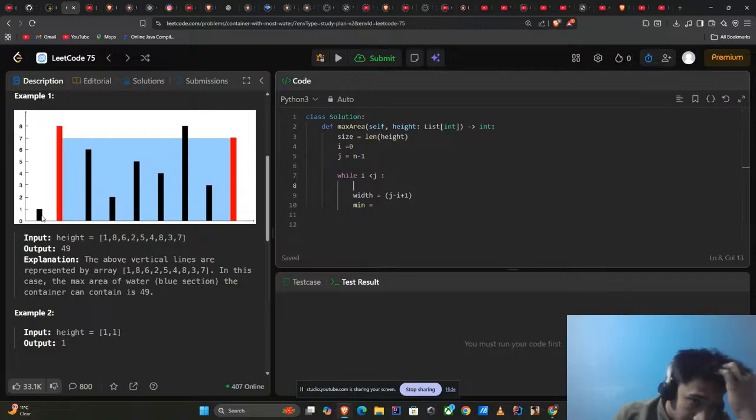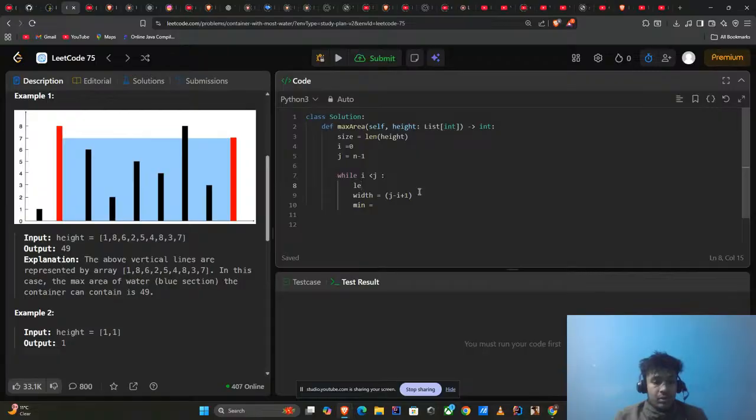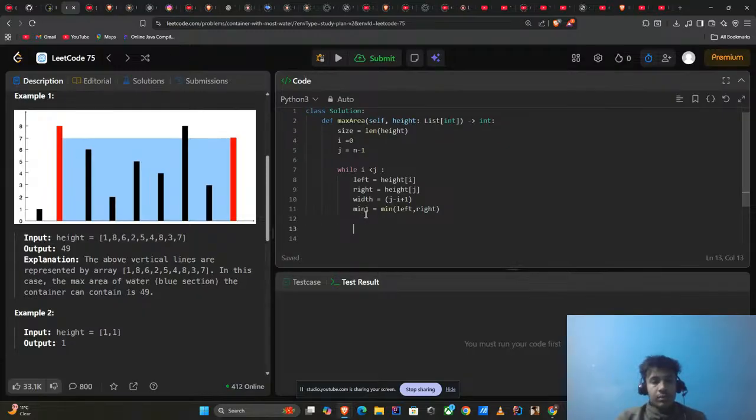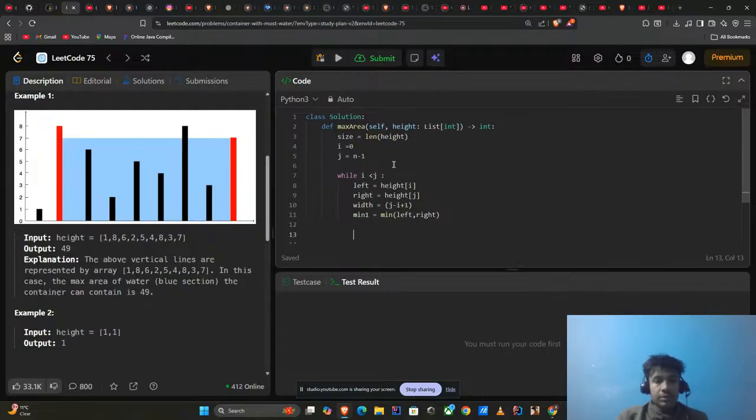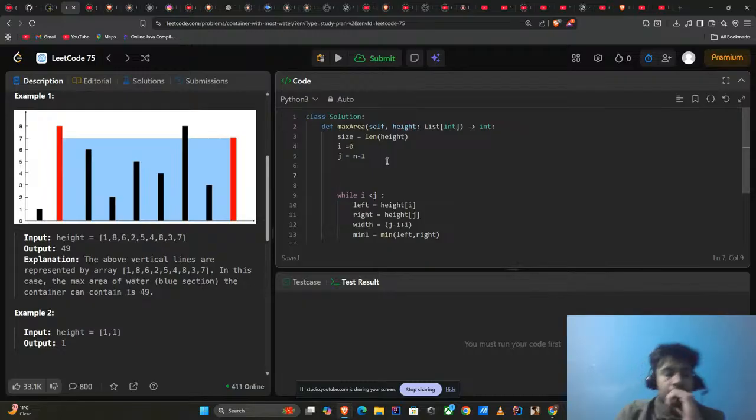So how much water can I store in here? So left, let's say it is height of i. In the right, we can say height of j. And minimum, let's say minimum of left, comma right. And how much of the water can we hold? And we can hold like, let's take a